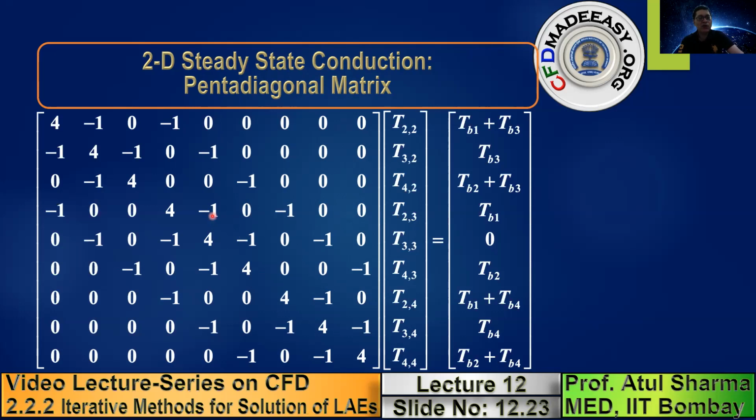In an actual CFD problem, note that we have millions of points. So in that case, as you keep increasing the number of grid points, the ratio of zero elements to non-zero elements will increase tremendously. For most CFD problems, since we use a large number of grid points, we end up with a situation where the coefficient matrix is very sparse. Under this condition, it is recommended that instead of taking the inverse of this coefficient matrix, we should solve it iteratively. And that is what is used in CFD.